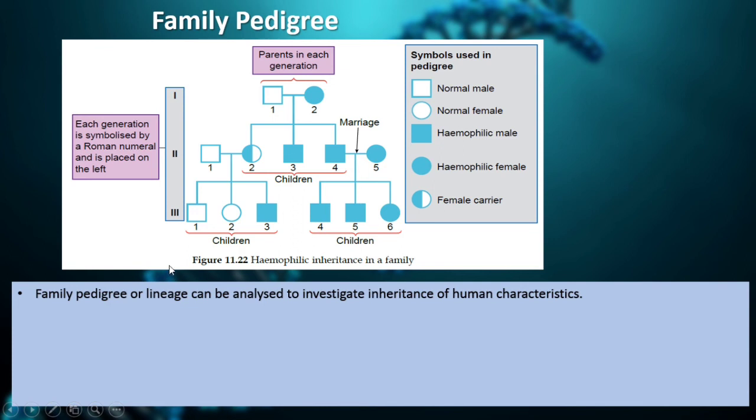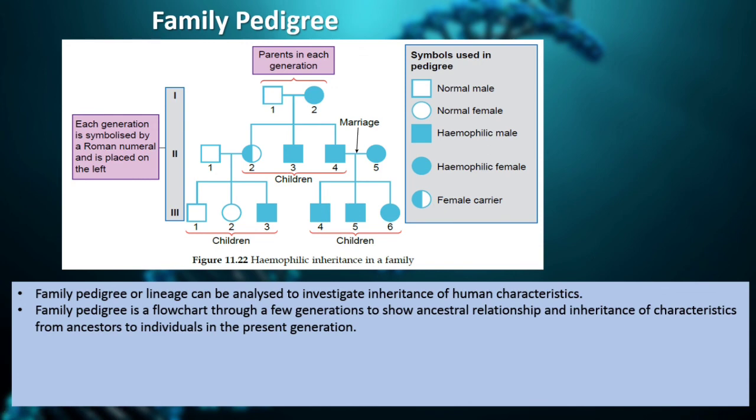Here are the symbols used in the pedigree. Okay, this is the symbol for normal male, normal female, hemophilic male, hemophilic female, or female carrier. So family pedigree is a flowchart through a few generations to show the ancestral relationship and inheritance of characteristics from ancestor to individual in the present generation. Okay, family pedigree ni nak menunjukkan pewarisan daripada keturunan mana yang seseorang tu boleh dapat hemophilia. Contohnya hemophilia daripada keluarga ni, okay, datang daripada carrier,